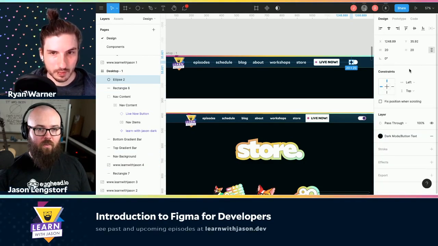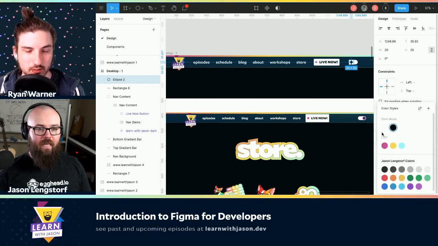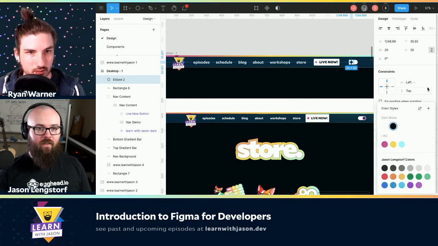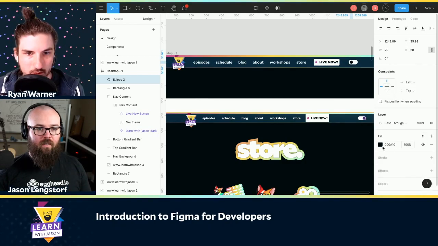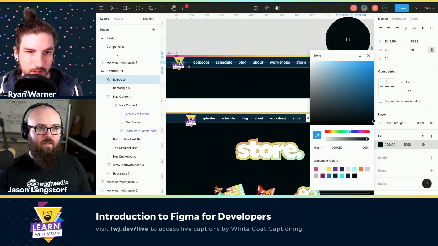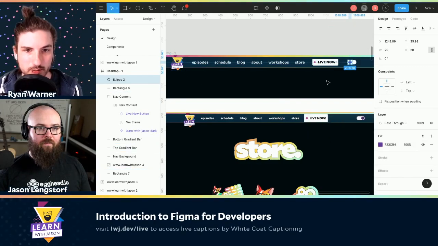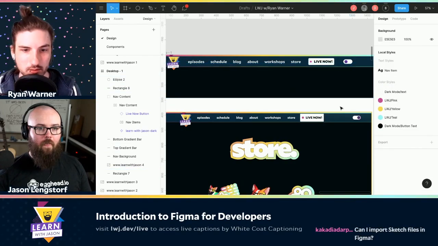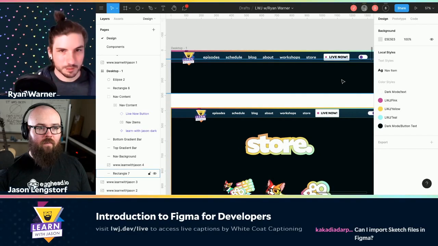So here's another thing that's worth looking at. I have selected a thing, and if I can't change to a different color, there's a button you can click. You just click this little unlink, and then you can come in here and choose a different color. So now it's unlinked from the style, and we can just pick whatever we want. Yeah. So that is a navbar.